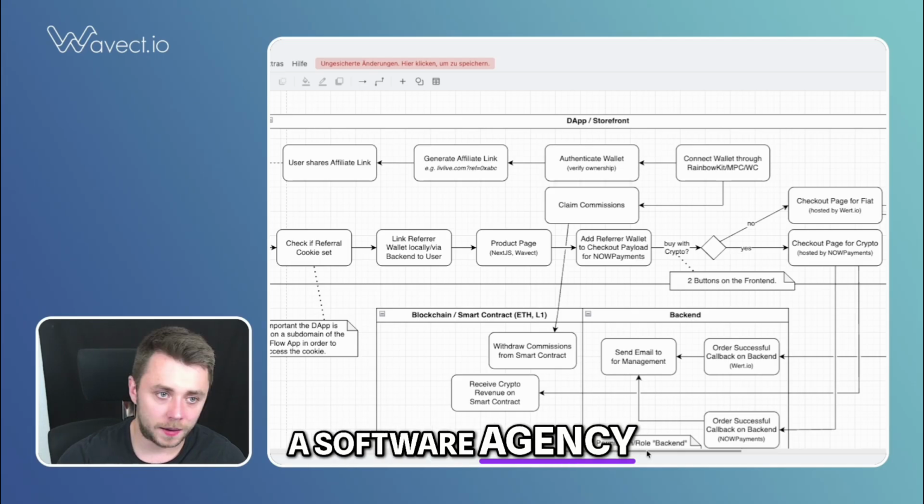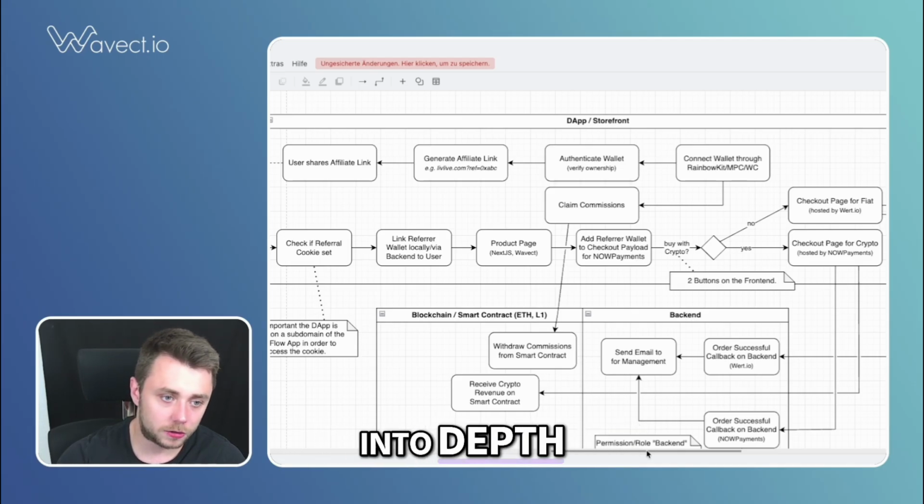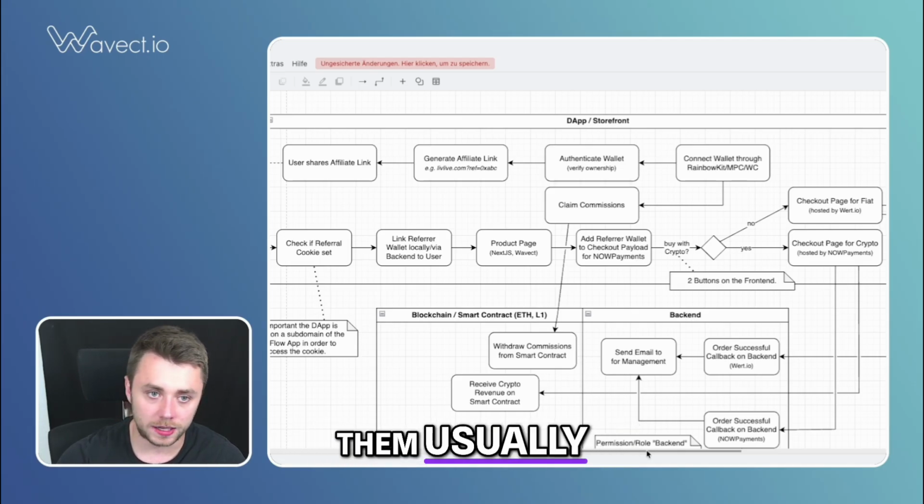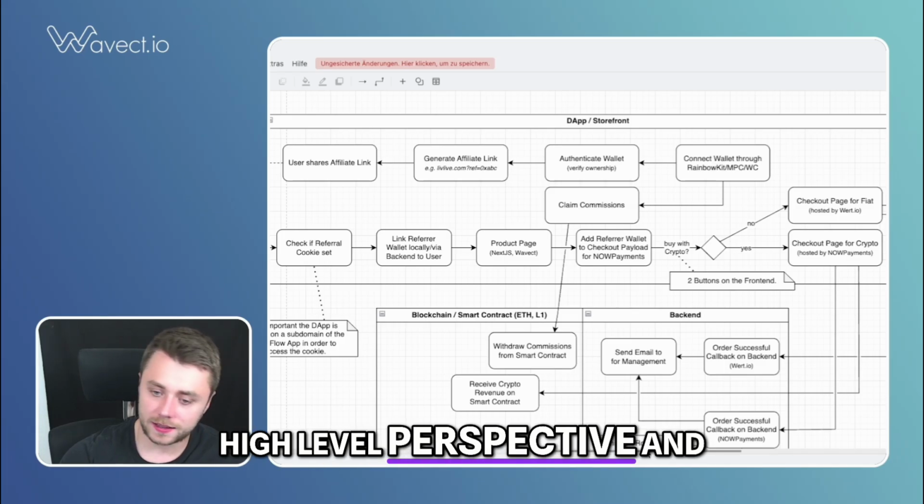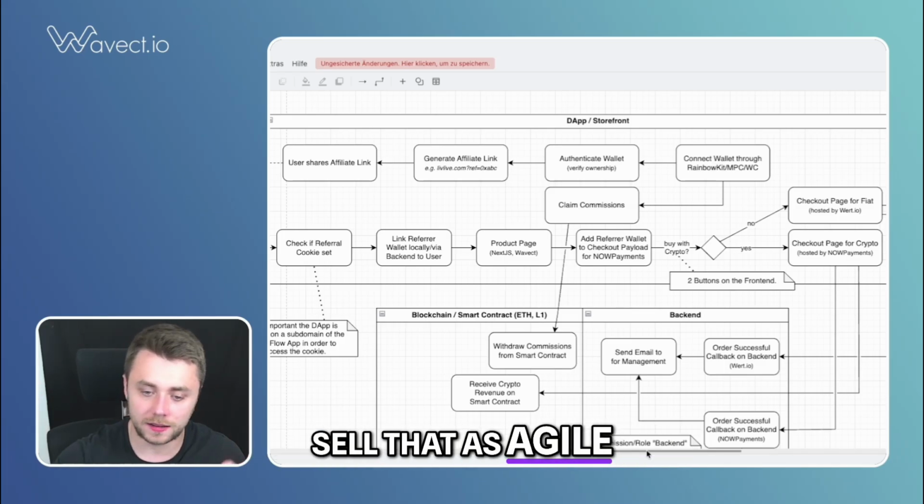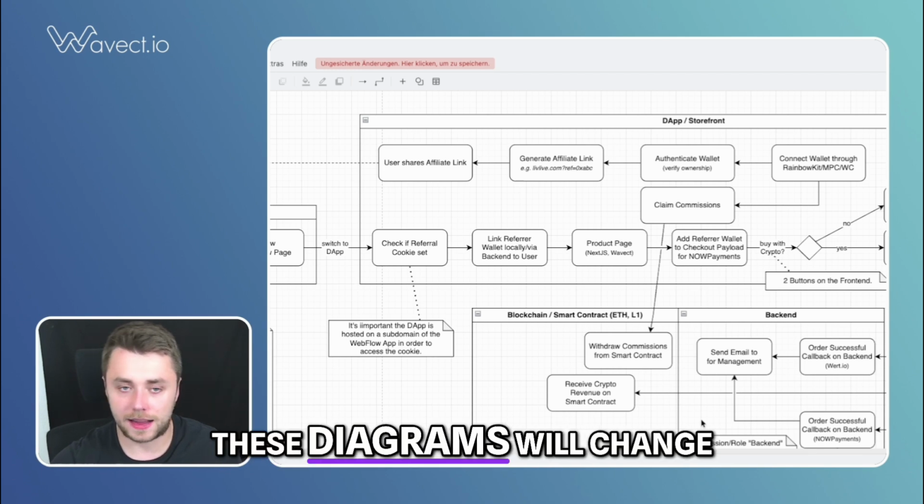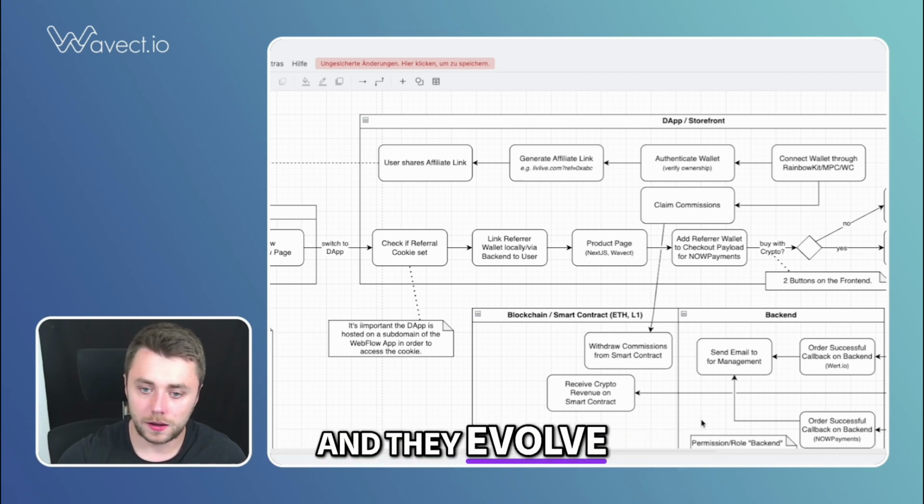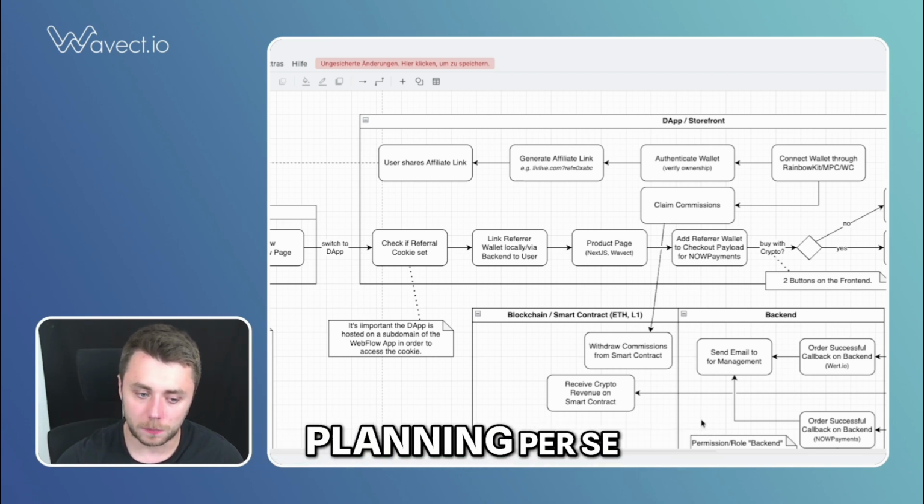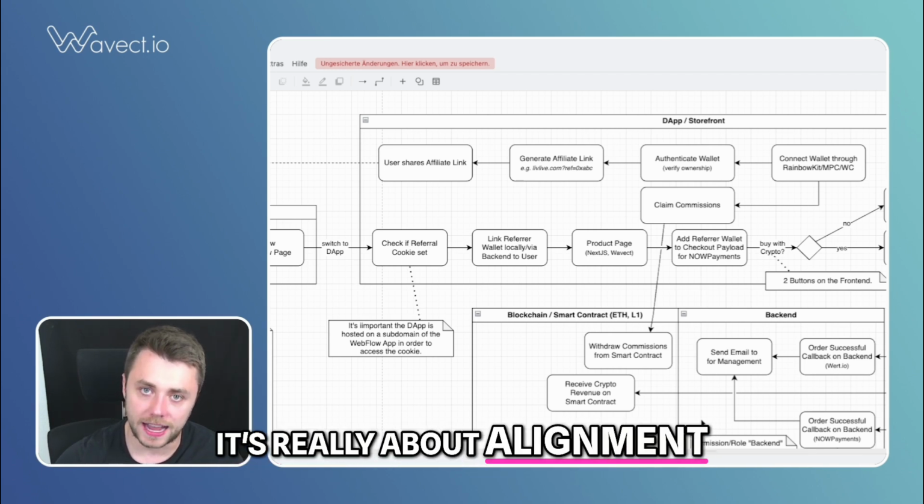If you're working with a software agency, ask them to go a little bit more into depth, because a lot of them usually stick to a more high-level perspective and sell that as agile. So that really helps. And of course, these diagrams will change and they evolve. So that's really not about planning per se. It's really about alignment of